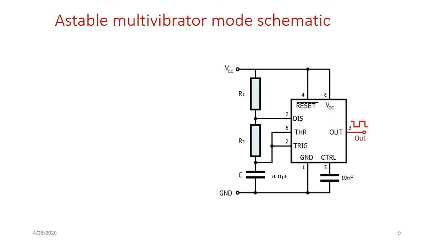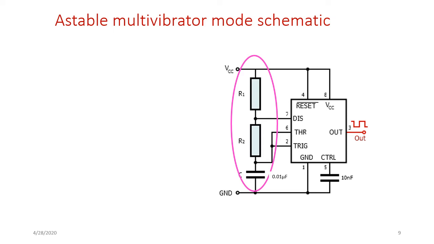If I want to make an astable multivibrator circuit, we need to connect some external components. So these are the external components, and this is my IC555. Here I am connecting the R1 resistor between pin number 4 and pin number 7, and R2 is connected between the discharge pin, means pin number 7, and pin number 2, and one capacitor I am connecting here as 0.01 microfarad, and this is another capacitor which is used to avoid fast triggering.